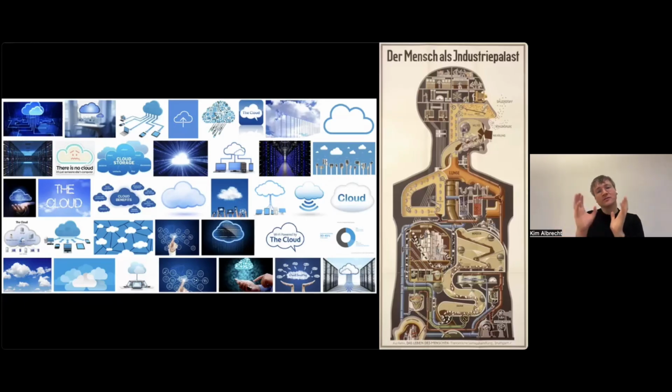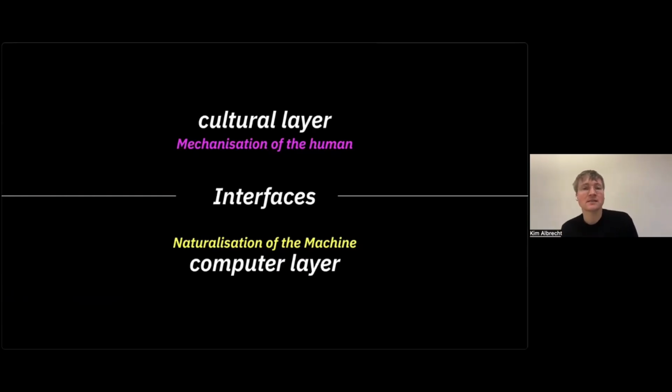So we have this connection that interfaces guide, of this cultural layer and of this computational layer, that we often mix together and have this strange kind of overlappings. And I think this is where art and design come into play, capable of creating new forms of interfaces and questioning these relations that we're drawing out. We can make certain metaphors and neglect others.